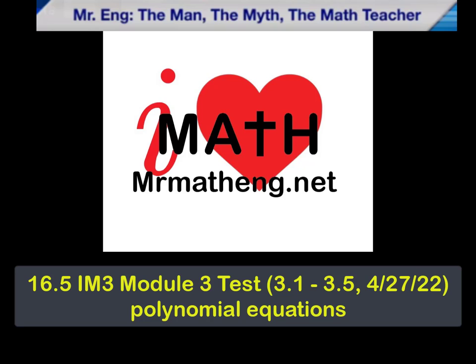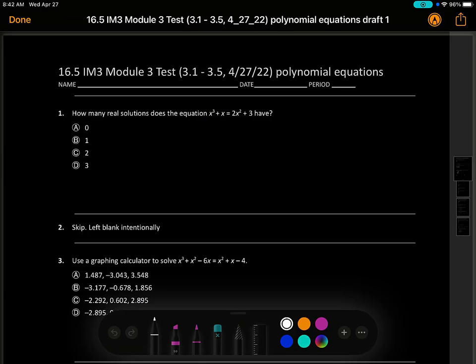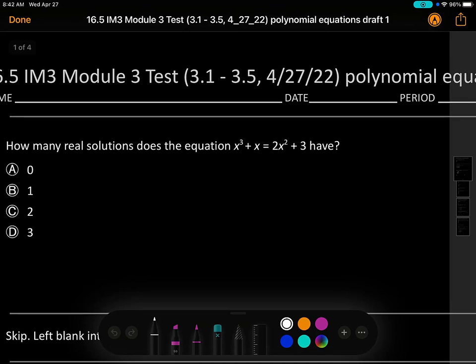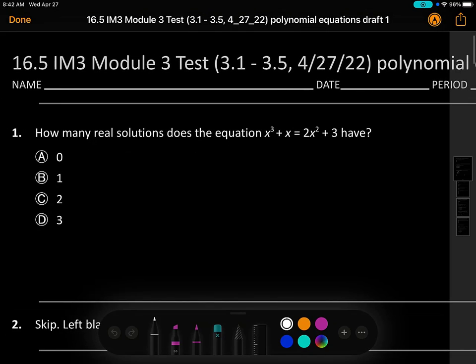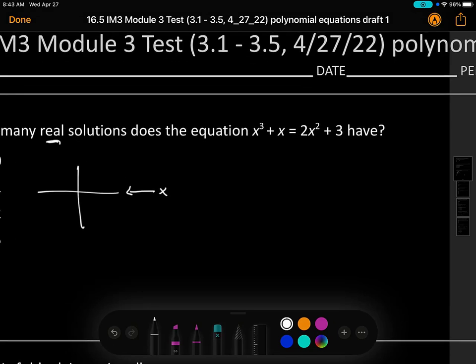I love math! Hey math lovers, let's go over the Module 3 test taken on April 27, 2022. Question number 1 says, how many real solutions does the equation have? Remember, real just determines if it crosses the x-axis here. You'll notice that you have two